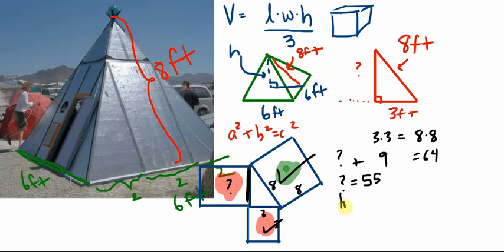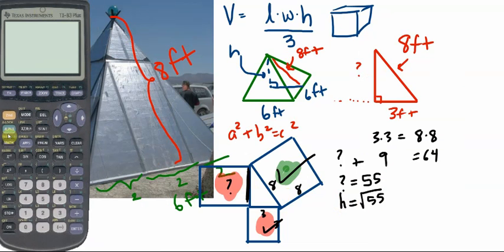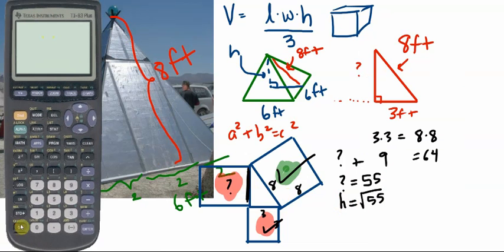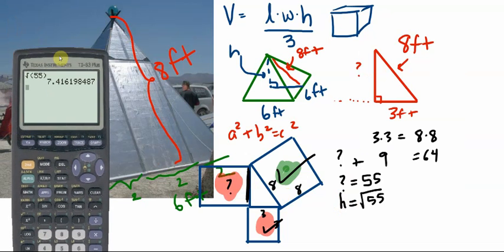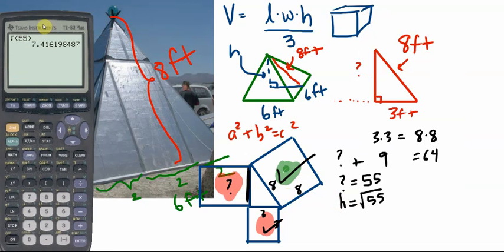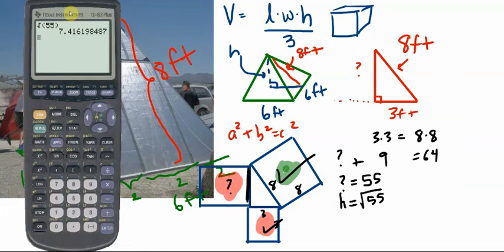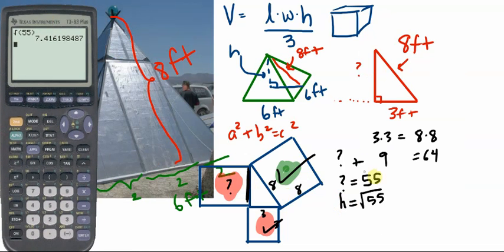So to figure out the height, which is what we're looking for, we need to square root 55 and round to about 1 decimal place sufficiently. This is a good time to bring the calculator up. Alright, so turn it on. Okay, square root 55 suggests that the height of this pyramid inside here is about 7.4 feet, which looks good because it should be a little bit less than 8 and not substantially smaller, that someone's going to hit their head in there. Okay, so now we say that that's reasonable, and I'm just going to round to about 7.4 approximately